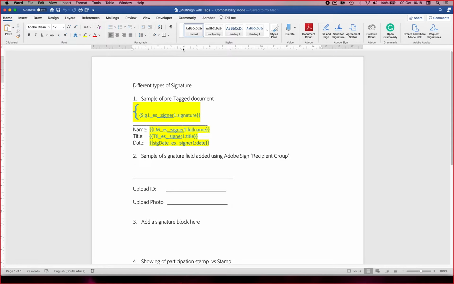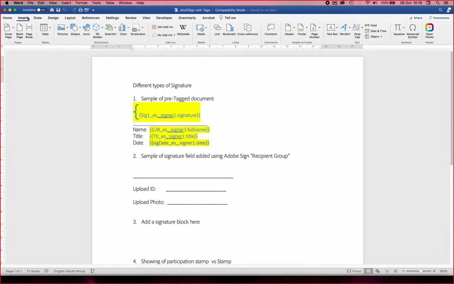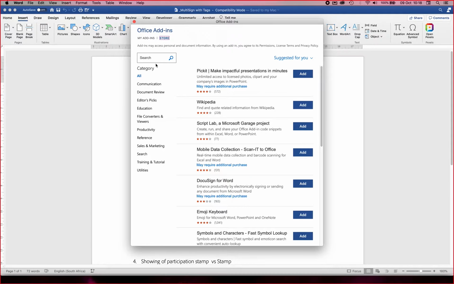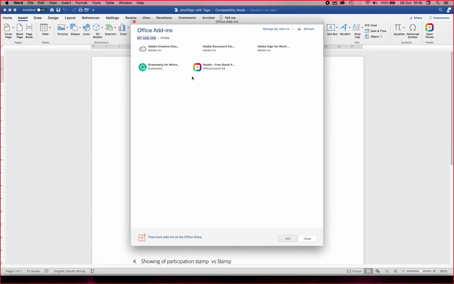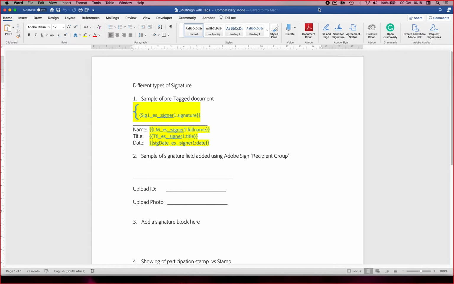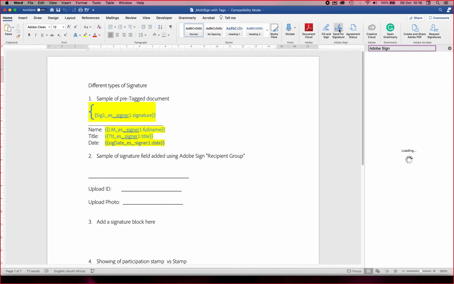So in the Microsoft Word, PowerPoint or Outlook environment, you would need to go to your insert menu and then get the add-ins. And here again, you would search for Adobe. If I go under my add-ins, you can see that I've got Adobe Sign selected there. What this will do is give me these two icons on my home screen that are available. And if I click on the first one,